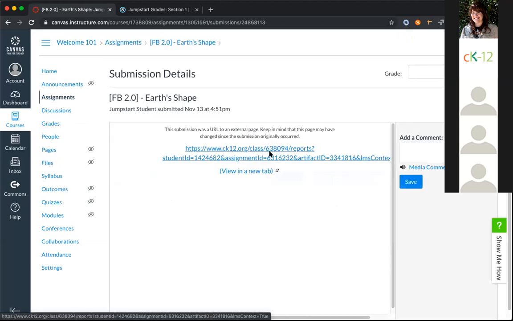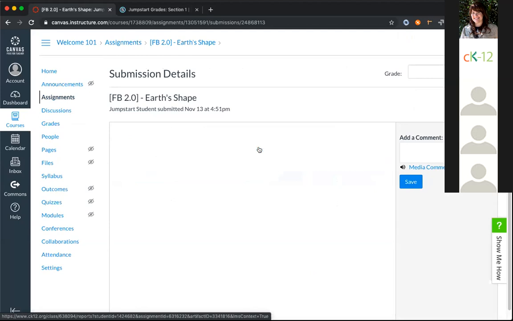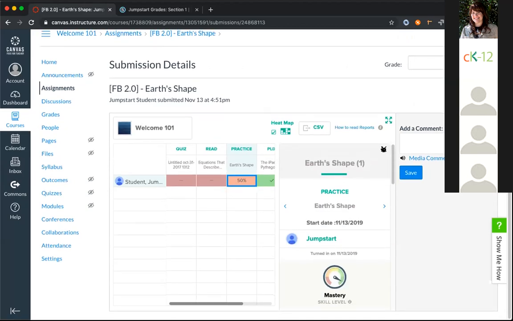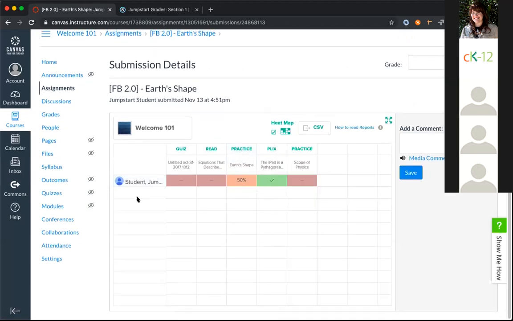this link right here is a link to the class report. I wanted to open it in a new window. Well, this isn't the best view, but basically, if there were other students in this class, it would show all of the students in the class, and then all of the assignments that you have assigned to this particular class in Canvas.